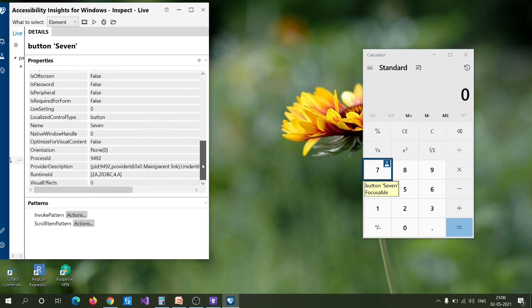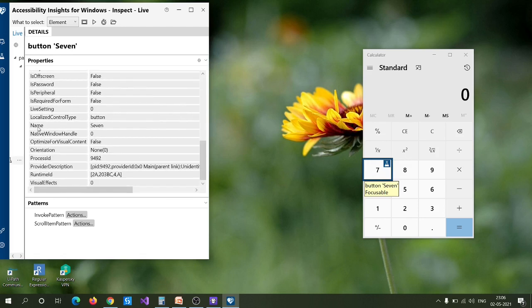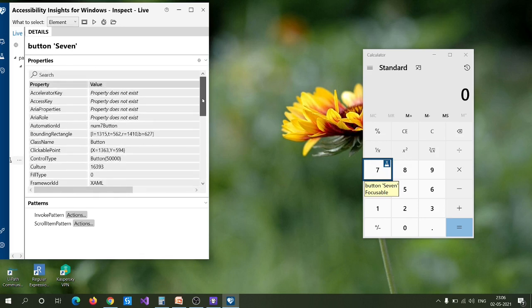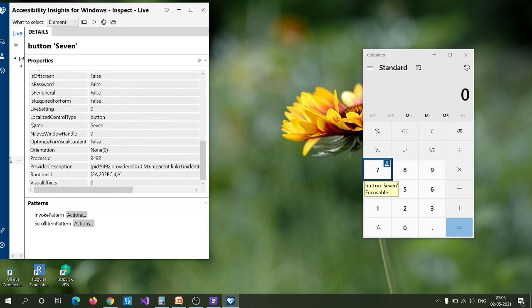And we should find the unique attribute or unique property that actually helps to locate this element. In this case I think the unique properties are the name and the automation ID. But I'm not preferring to use the name as a locator, because the name can change based on the local language settings.